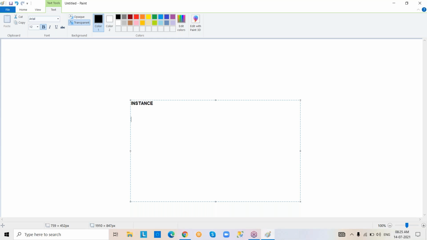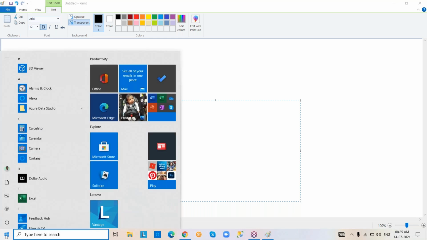Next step, service account selection. Service account means a Windows administrator user account. For example, you connect to your laptop, right? How do you connect to your laptop? By using a user account only, a Windows user account. For example, take this computer. I connected to this computer by using some user account.